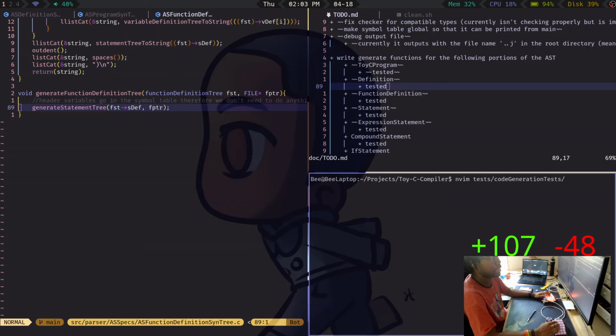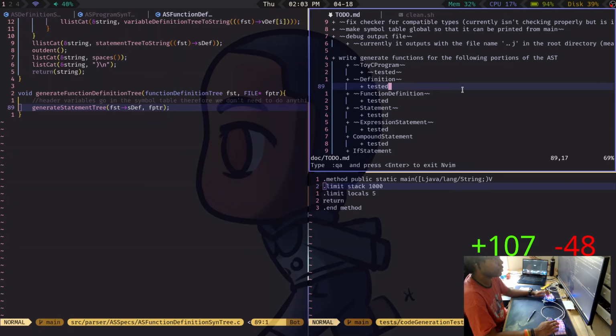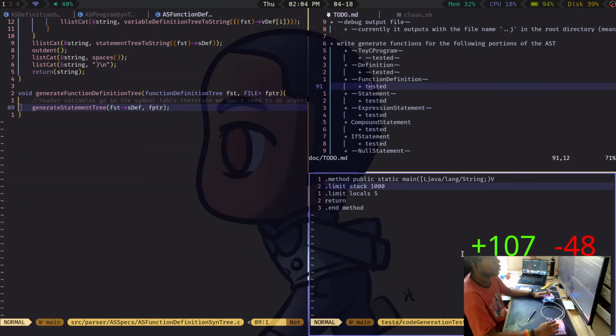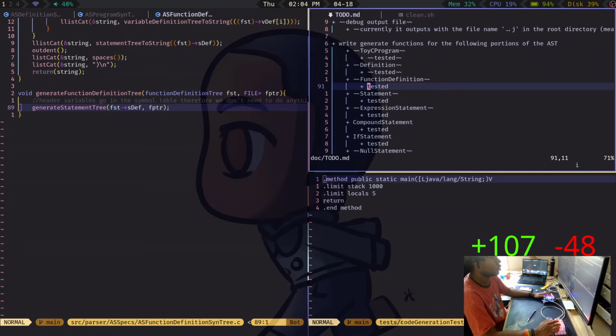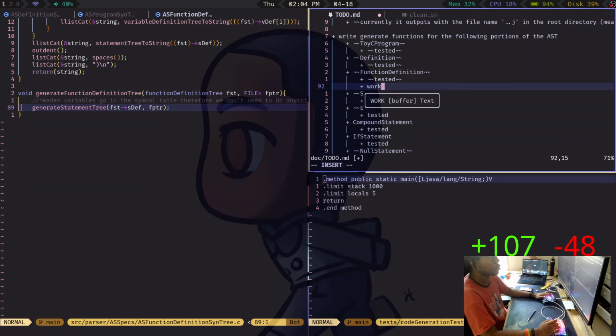There it is. Code generation test, and then definitions dot tc. No, it's right here. Stack is an arbitrary amount. Do here, and then yep, and we don't do anything. Reason being is because it links to the simple table. Function definition, this works too. But this works assuming that function is valid.